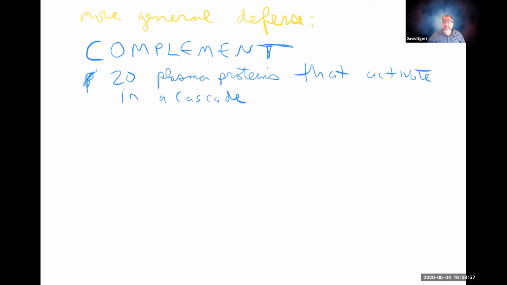So kind of like blood clotting, you start this process and then there are these different things and you finally have, like in blood clotting, in the end, you catalyze fibrinogen to fibrin and you have a blood clot. In complement, what happens is you end up having membrane attack complex. So ultimately results in